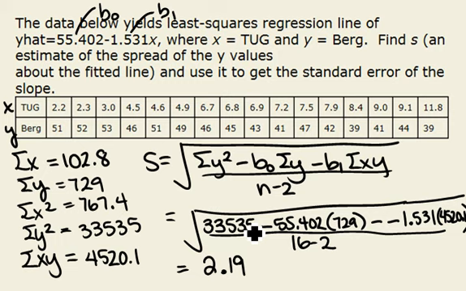Using this formula to calculate S is highly sensitive to rounding along the way. And so if possible, when you plug in your B0 and B1, if you're finding those yourself, you should try to keep as many digits as you can on those to get this to be more accurate of an estimate. So we get 2.19, and then now what we want to do is use that to find the standard error